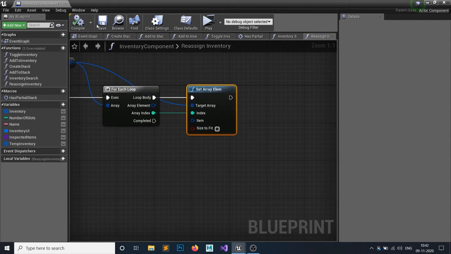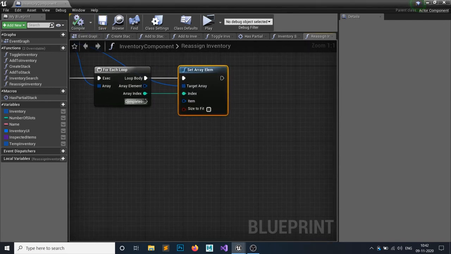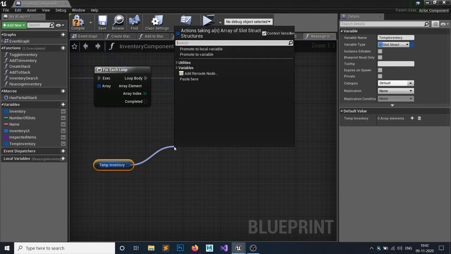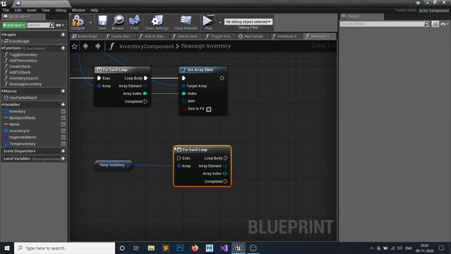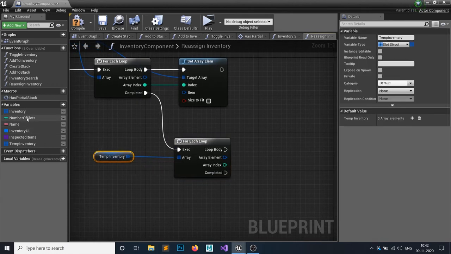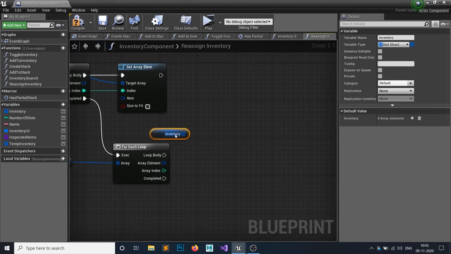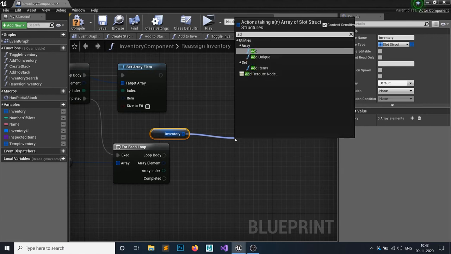And after that is completed, get the temporary inventory, and for each loop, I need to set this inventory array to this inventory, but if it's not valid then I don't need to set it. So grab your inventory and I think add to inventory.